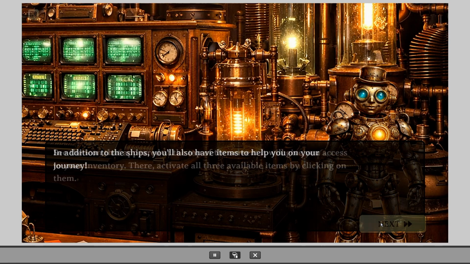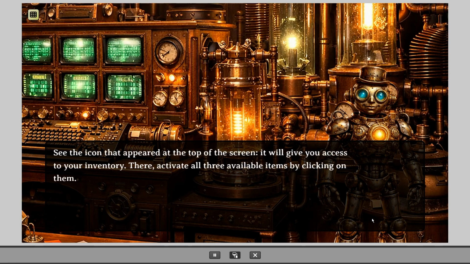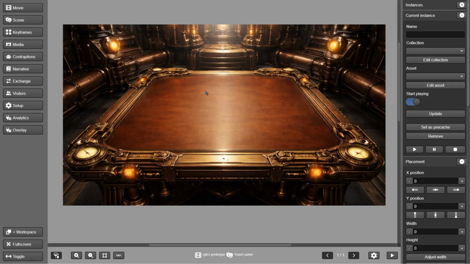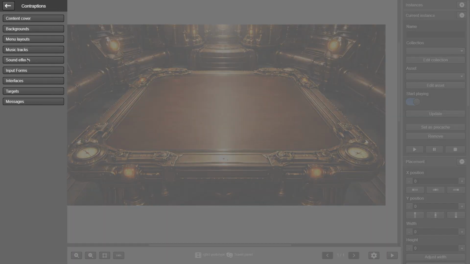Do you remember that in the previous video about the inventory, we asked the player to click a button in the upper corner to show the available items, and that we needed to add an image instance, which we used as a button? This is an example of an interface that, even though extremely simple, can become quite cumbersome to include when it appears in various parts of our production. To solve this problem, Tealbosi has a contraption called interfaces.